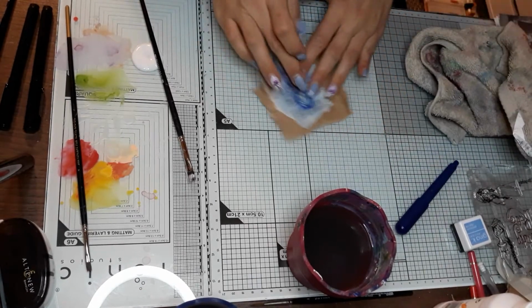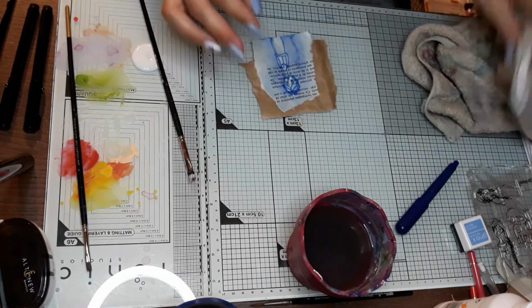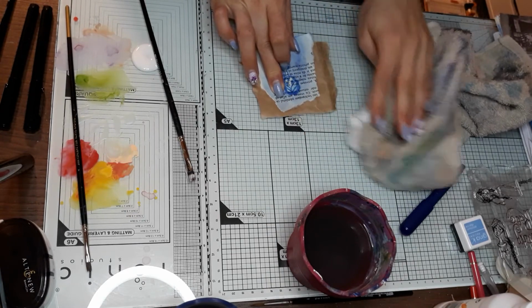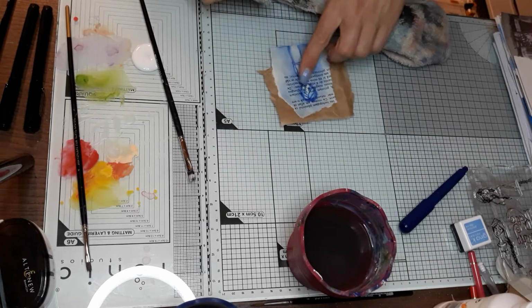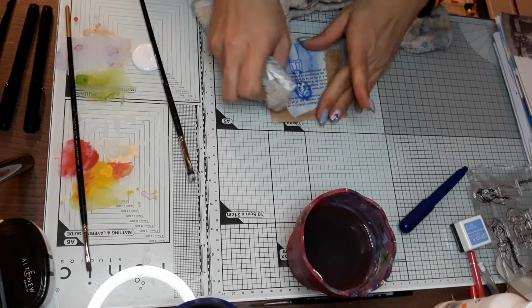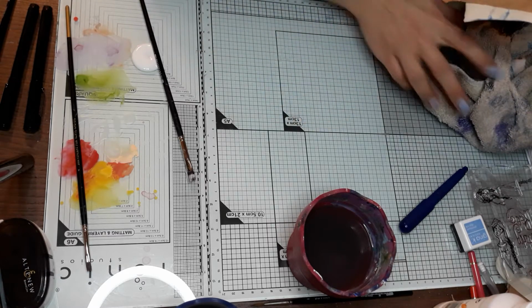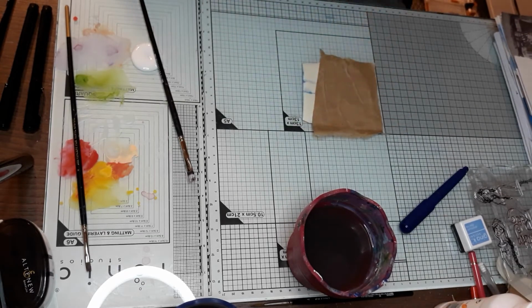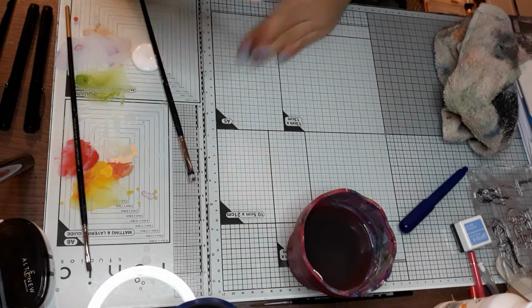I'm cleaning my work surface because I do not want the glue to stick on the front side of my work. Okay, so I have glued it down, and then